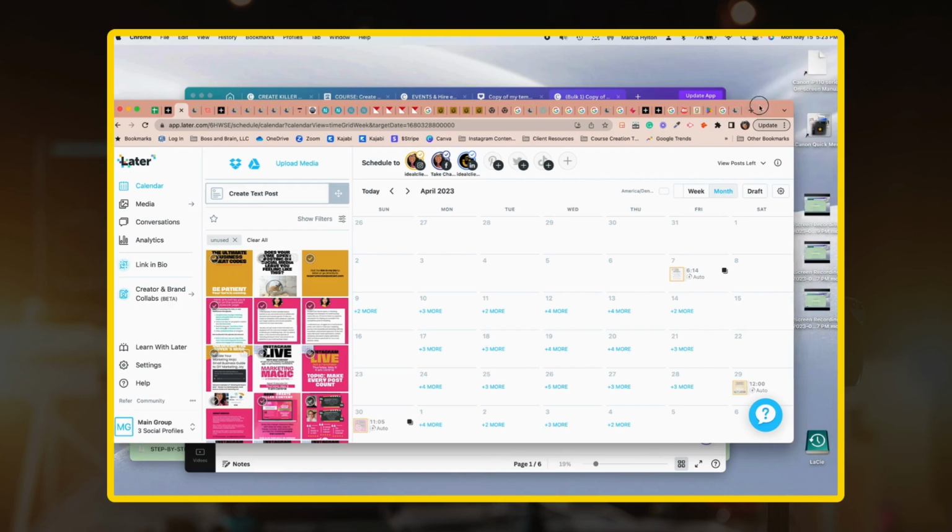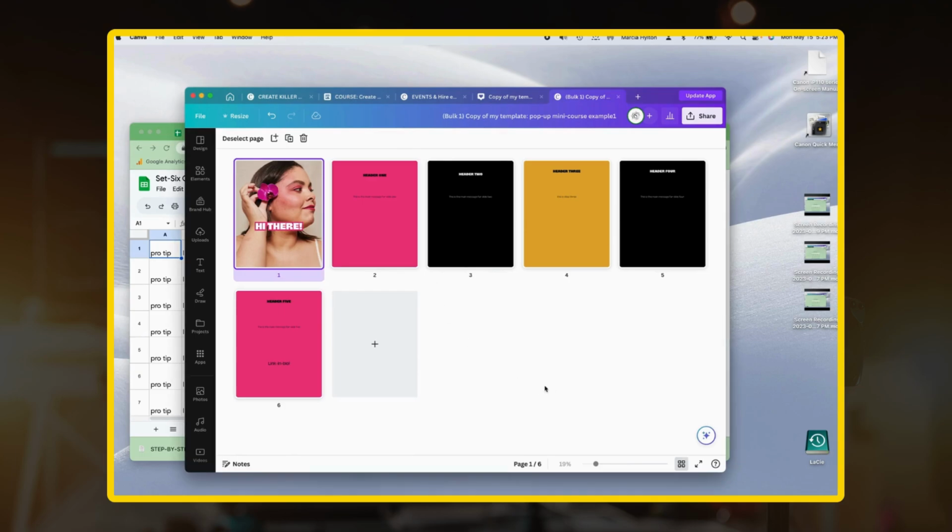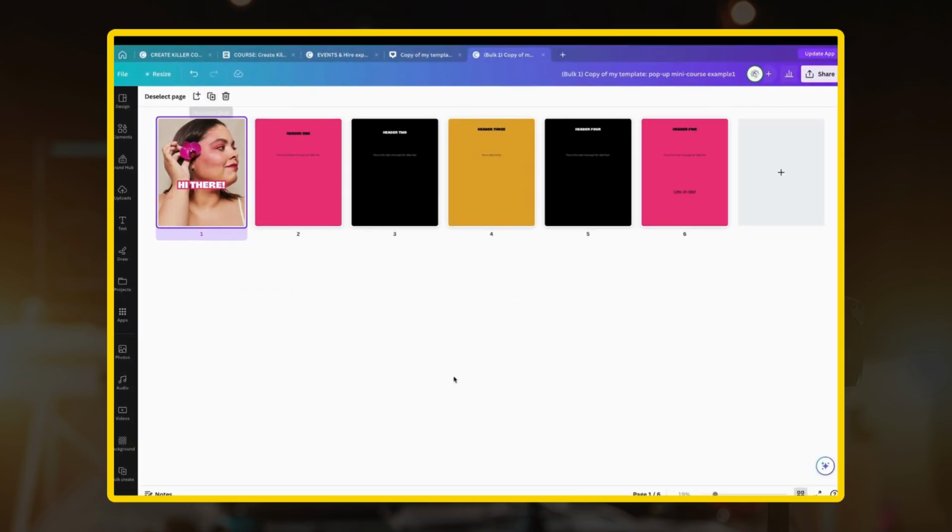But I like the Later app, and so I use that to get the content out instead of scheduling it from Canva. And there are other tools like Hootsuite and others. You find the one that works for you. But that's how simple that was. This little pop-up mini course was just about going into Google Sheets, inputting your content that you've already put together or decided on, and tying that over to Canva to have it generate 100 posts at a time or more,